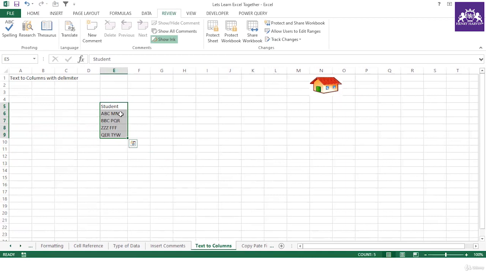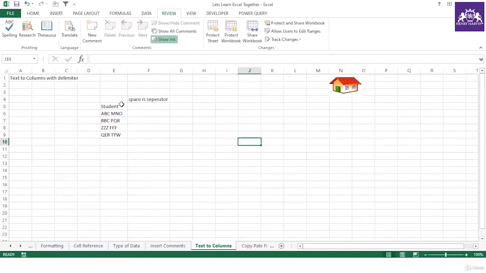I have to separate first and second name in the columns. How will I do that? To execute such a task where space is the separator. Okay, space is the separator. So what actually strikes our mind if we have to perform such a task where we have to split,